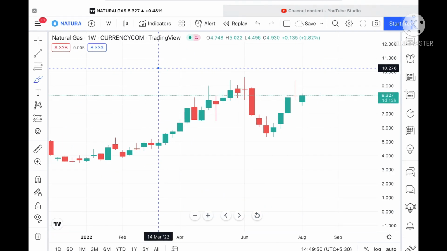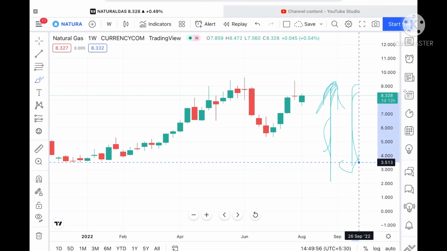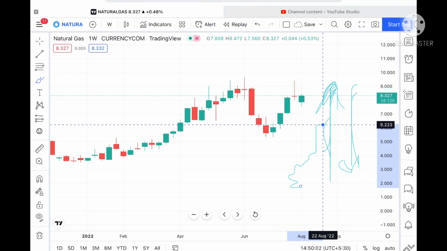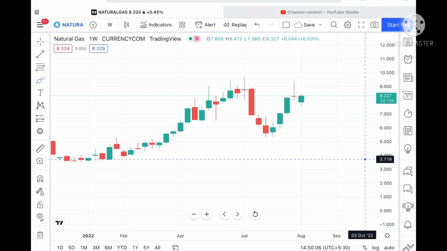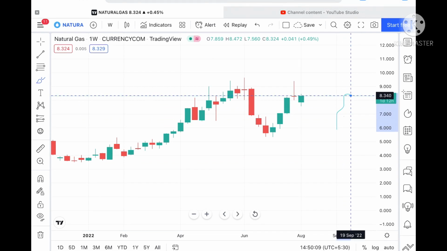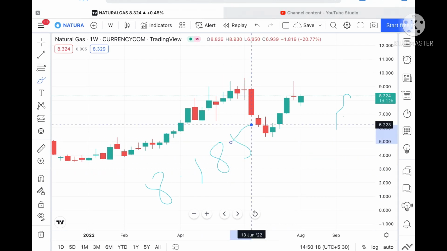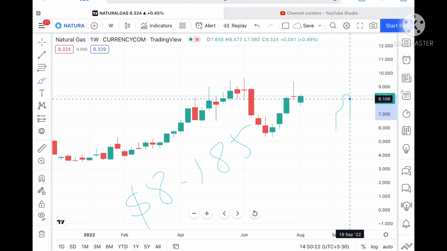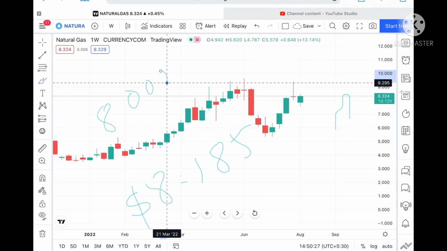But as I have already explained, it will not move in one direction like this, or come down with a sharp fall. It will hold for some time, then move upside. In the same way, it will hold for some time, then come down. If this particular level doesn't sustain, we can see it touch a level of $8.185, and if that level also doesn't sustain, there is a high probability we can see it touch a level of $8.005.